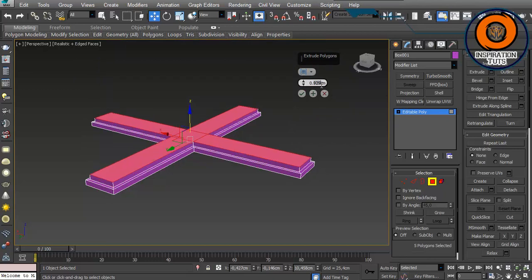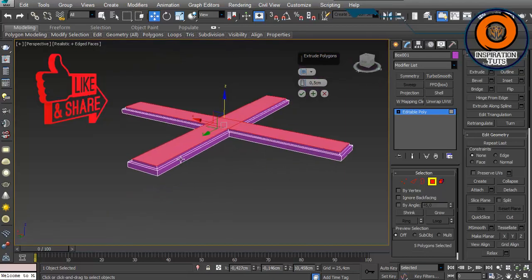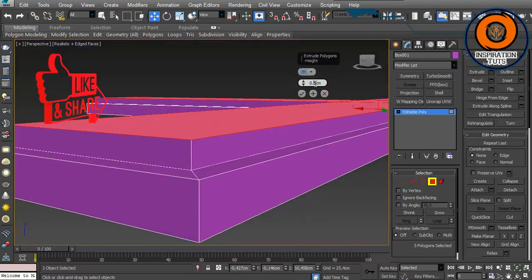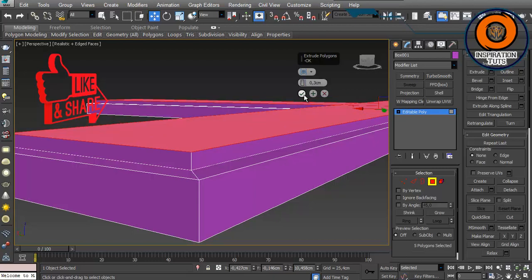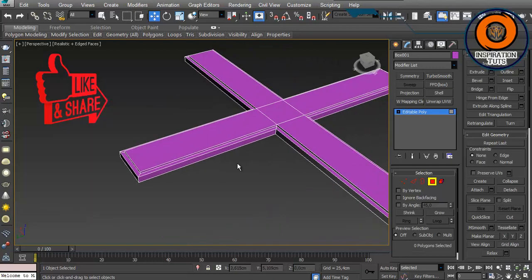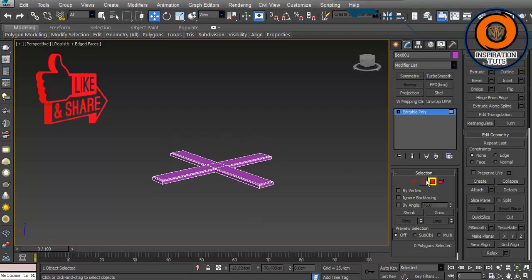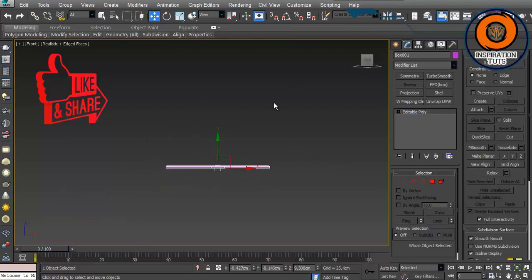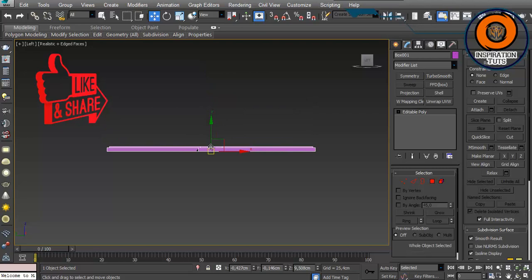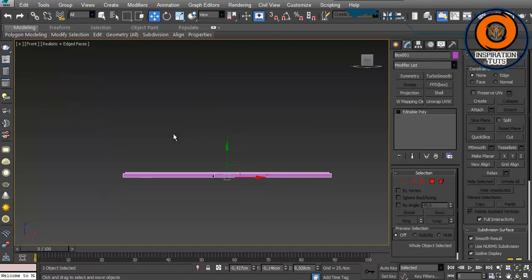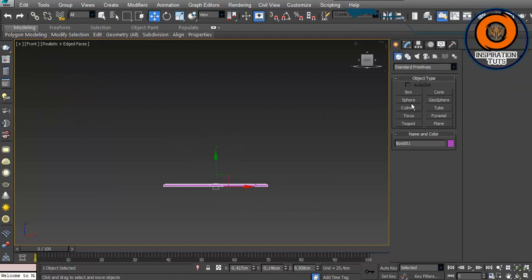Extrude maybe 0.5 centimeters is gonna be fine. Maybe even less, maybe 0.3 is gonna be better. All right, hit OK, and what we're gonna do now is gonna be even more interesting. So we're gonna go to the front viewport, F from the keyboard, or the left viewport using the L shortcut. For now, we're gonna hit F in order to choose the front viewport,